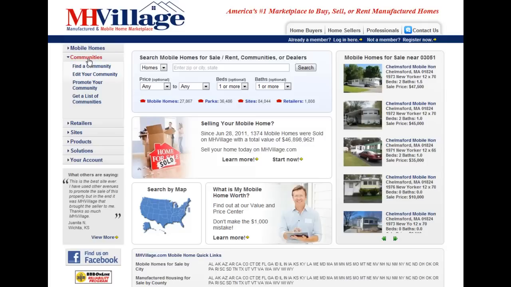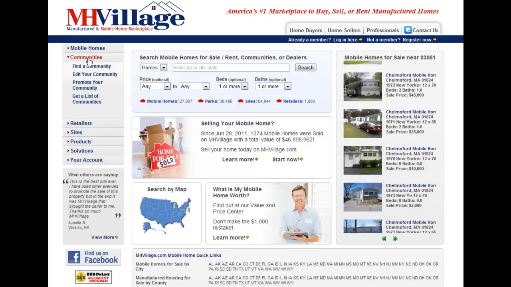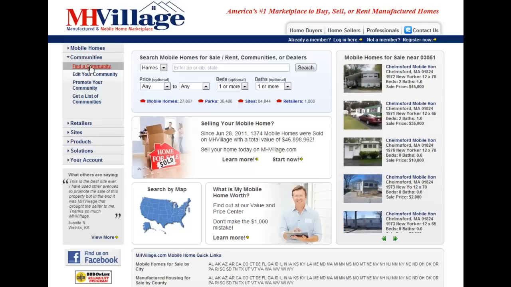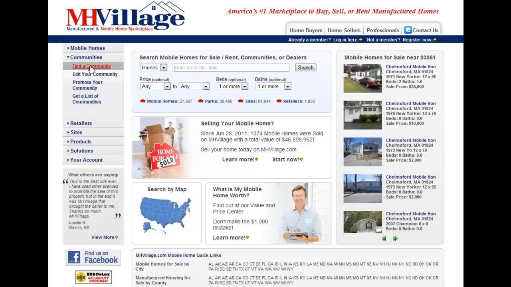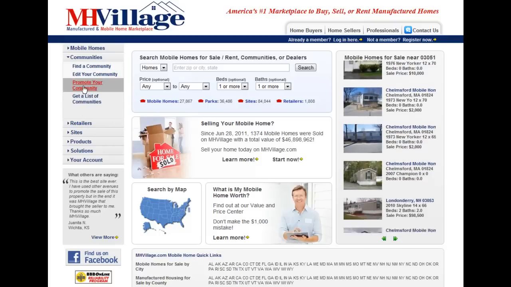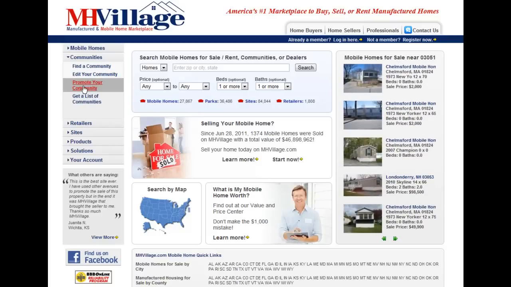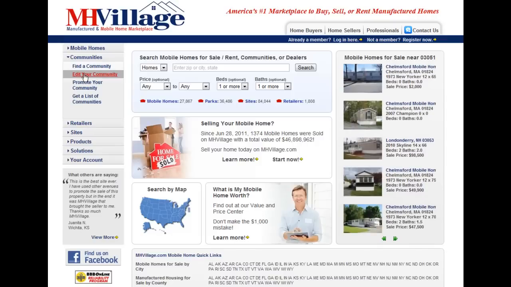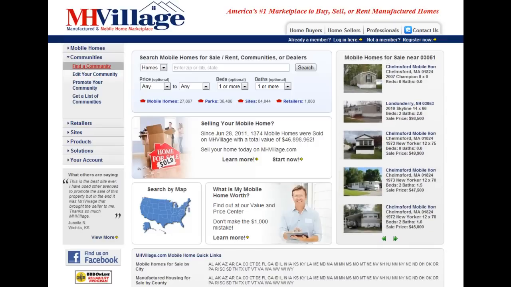On the left side you're going to see communities. Hit that communities button and then go to find a community. Okay, now if you have a community to input, you can actually put them in right here under edit your community or promote your community. See, mhvillage.com allows owners of communities to put in their community information, so there's going to be a lot of